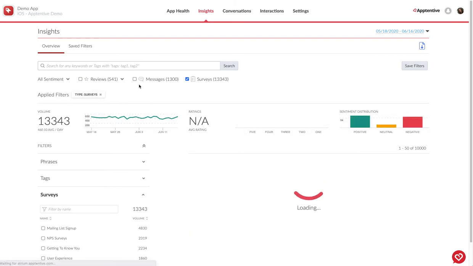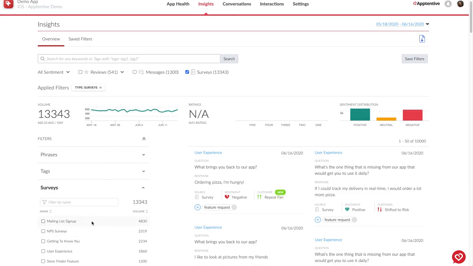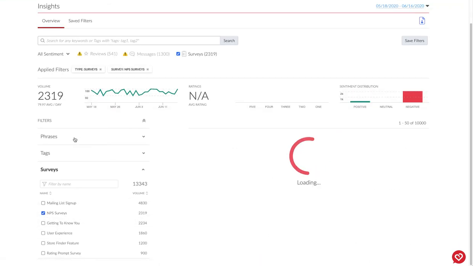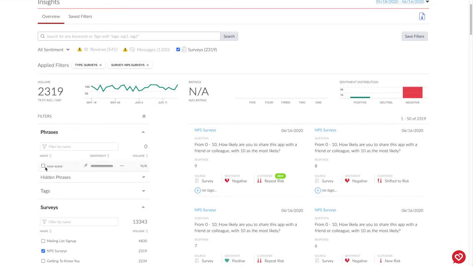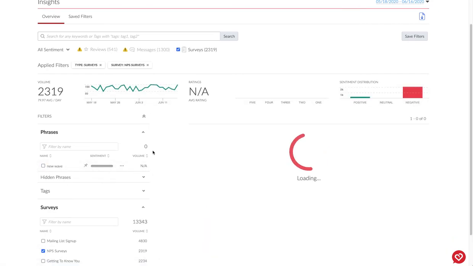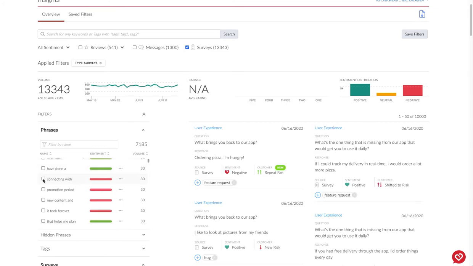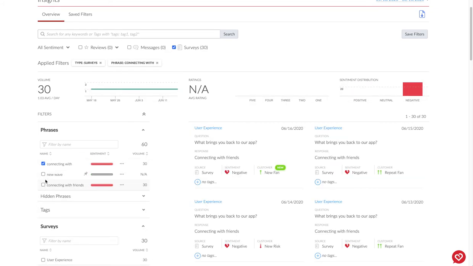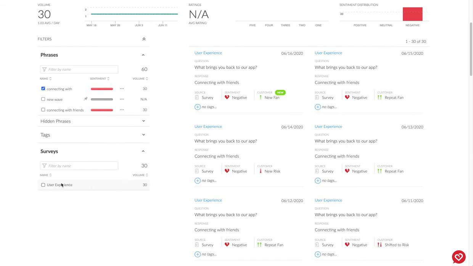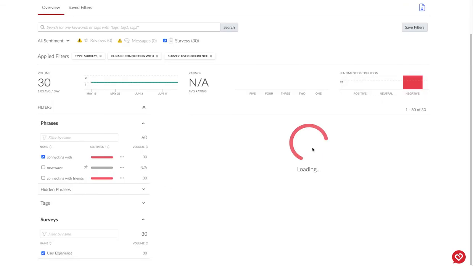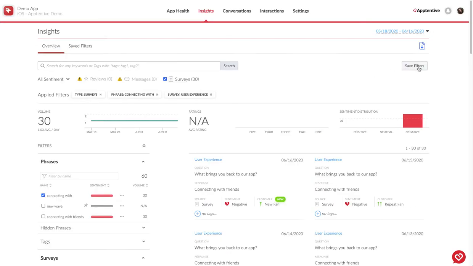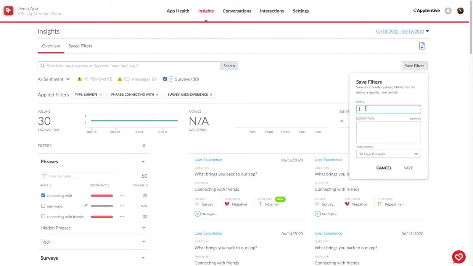The last thing that you can do is you can actually save filters. So we're going to do that now. So there we go. We'll add a phrase, and we'll add a survey, and that's what we want our saved filter to be. And then from here, it's going to be